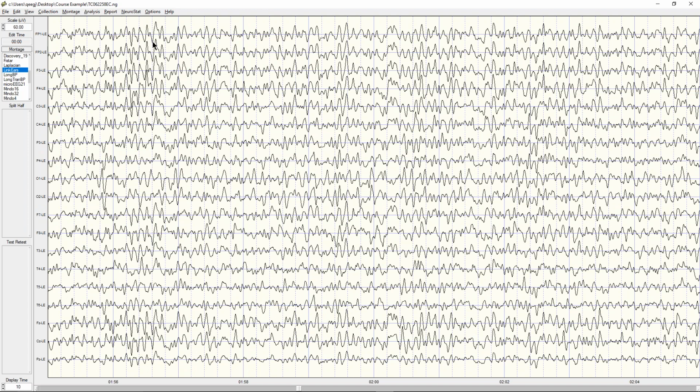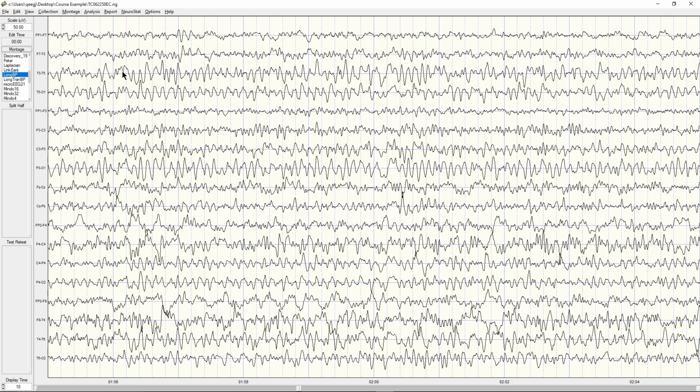The apparent activity up in the front is being contributed by the linked ear reference. Because this activity is actually happening in the temporal areas, the reference is picking it up and contributing it to the frontal sensors. So one of the things to take away from this is never trust what you're seeing on